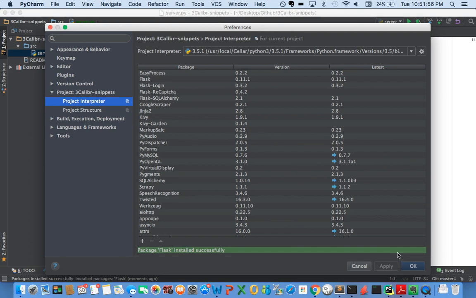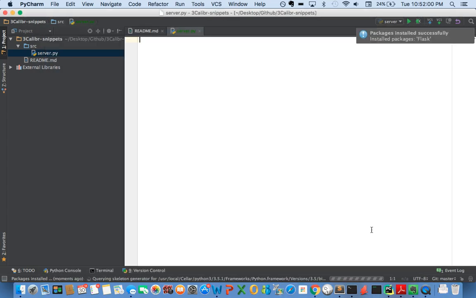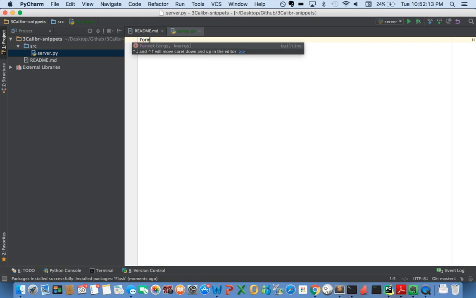Once you've got that, and you've got this green stuff, and it says it's installed successfully, you click OK, you've got your empty Python file. What do you do with that Python file? Well, first we have to import that Flask library we just installed. How does that look? You say from